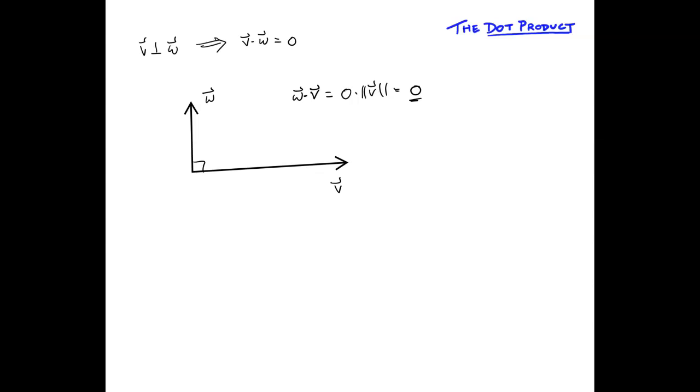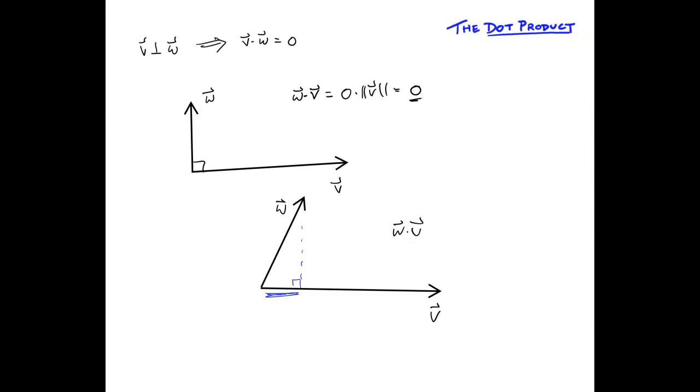What about the other way around? Is that the only case? My claim is not only that perpendicular vectors have a 0 dot product, but that if we have two vectors whose dot product is 0, then we know that the vectors must be perpendicular. It's easy to see why that is the case as well, because if the two vectors were in any other position whatsoever, if they're not perpendicular, in that case, if we're looking at their dot product, clearly the fact that they are not perpendicular means that one of them casts a shadow on the other one, like that when we project it down,